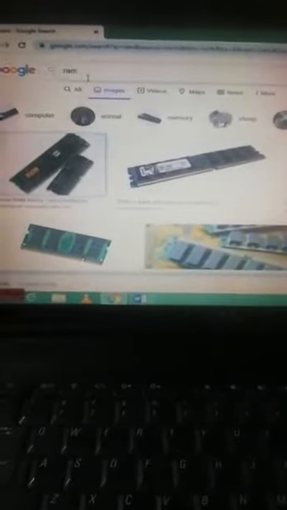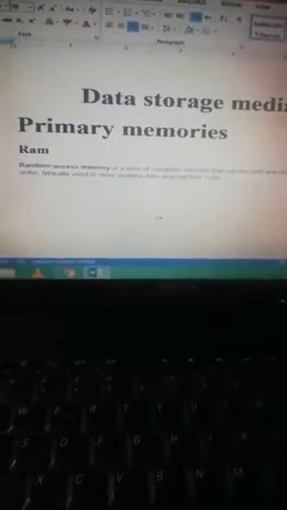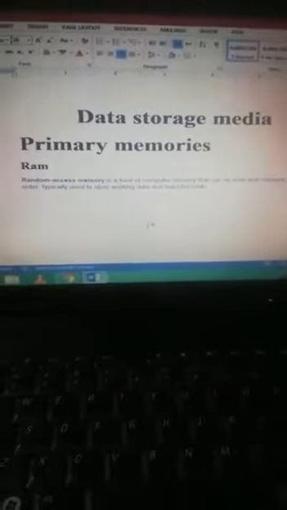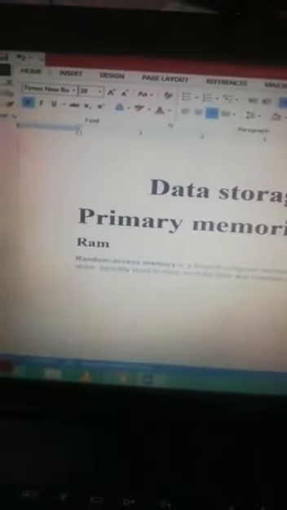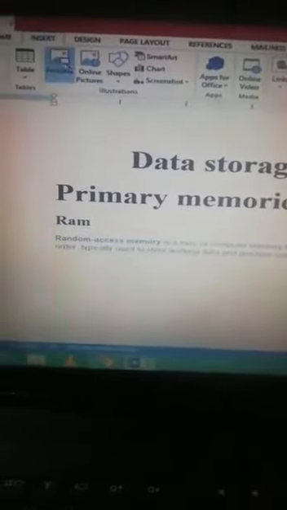I will tell you how to save it. Select your desired picture, left click, and there is an option of save image as. We have to select it, and then look, it is automatically saved in a folder, and press enter. Similarly, you can also save the pictures of ROM, CD-ROM, and other devices. Students, it is important that you first save all the pictures of storage devices, then you can insert them easily one by one. So let's start. I will tell you how to insert them.